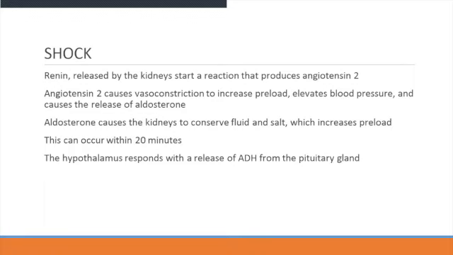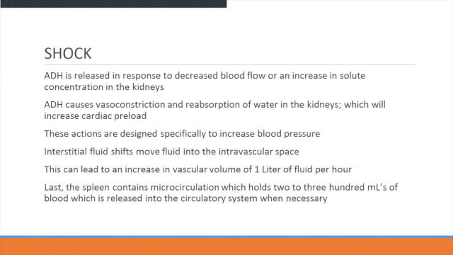The hypothalamus responds with the release of ADH from the pituitary gland. I know that was probably a lot of information right there. So the ADH is released in response to decreased blood flow or an increase in the solute concentration in the kidneys. The ADH causes vasoconstriction and reabsorption of water in the kidneys, which will increase the cardiac preload. So what this is saying is the ADH has helped increase the size of the container by vasoconstriction,